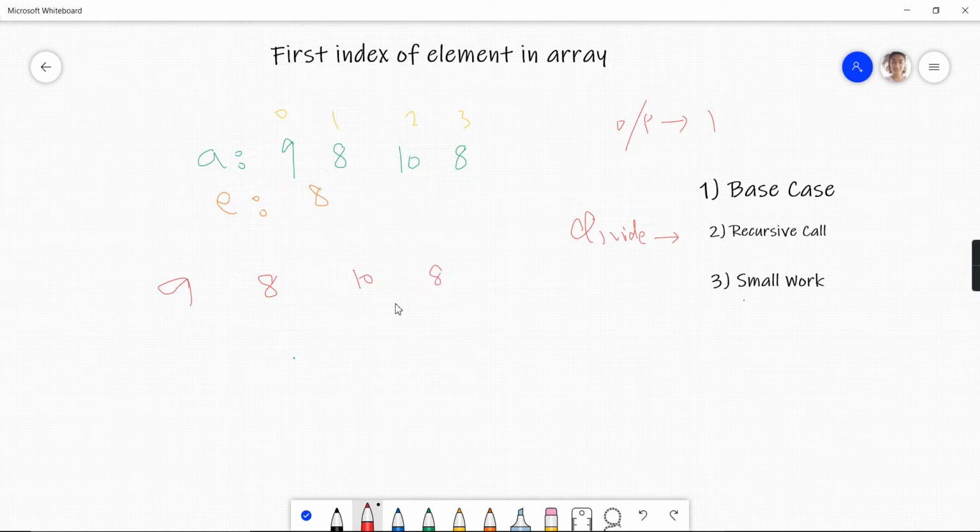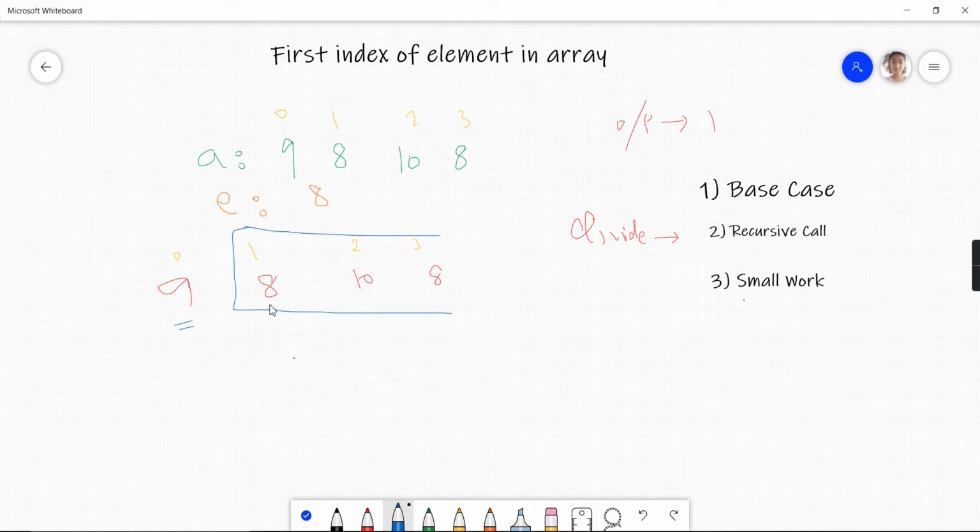And we know how we divide an array in recursive problems. In 80% of the questions, just do one thing: stop the video, try to think how the recursive call will happen and what the small work will be, and then continue. In 80% of array questions, how we divide the array is, we usually work on the 0th index and the rest of the array is passed to recursion.